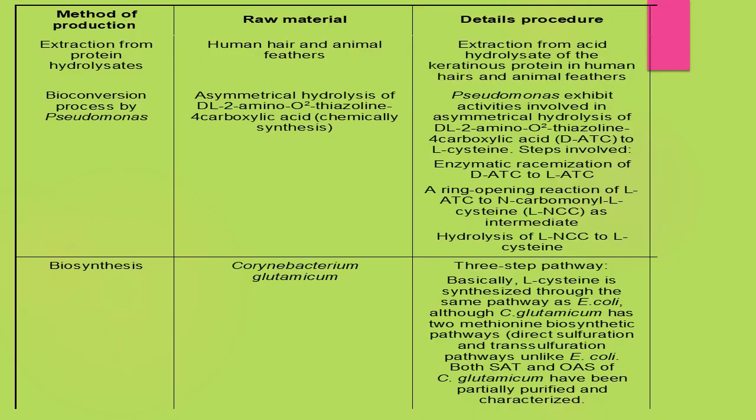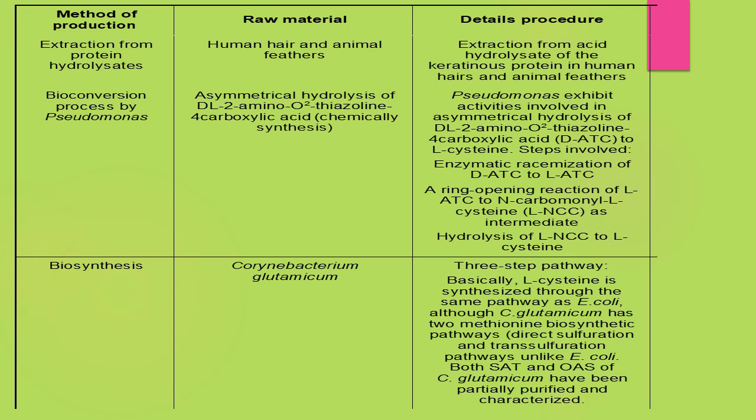These are the main things: what are the raw materials required for production when it comes to commercialization. The extraction from protein hydrolysis is the normal keratin process, which only requires human hair and animal feathers, extracted by using concentrated sulfuric acid. So the keratin protein in the human hair and feathers is extracted, and the cysteine is produced. Then the bioconversion by using Pseudomonas species, as I already told you,